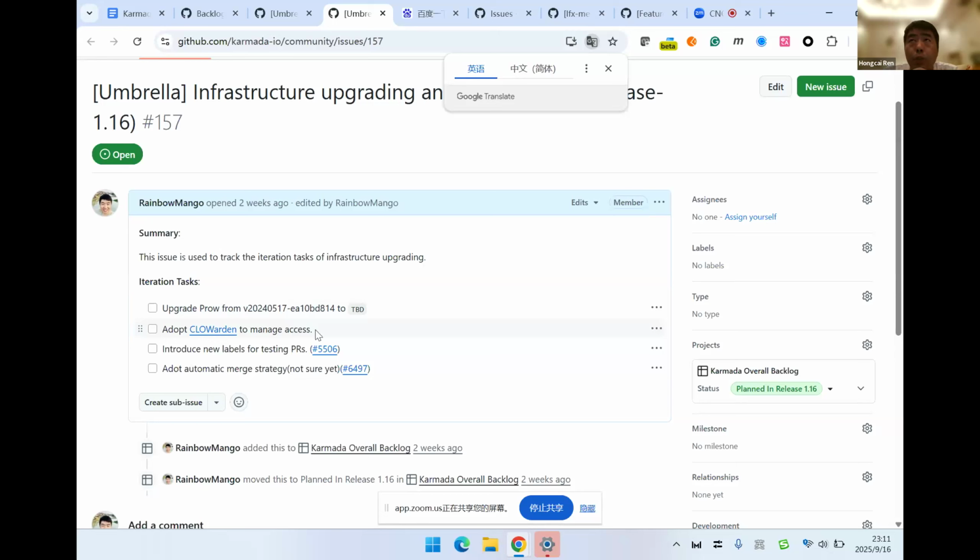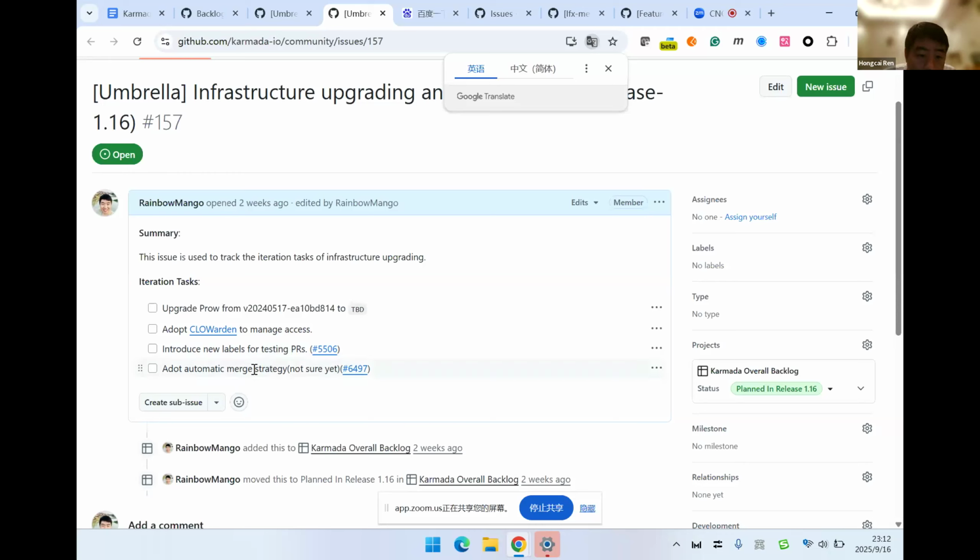Currently, people request to join the GitHub team and we need the administrator to send the invitation to them. So I hope we can have automation for these things. And the other thing is that we need more labels for the repos to classify the PRs, issues, and so on.